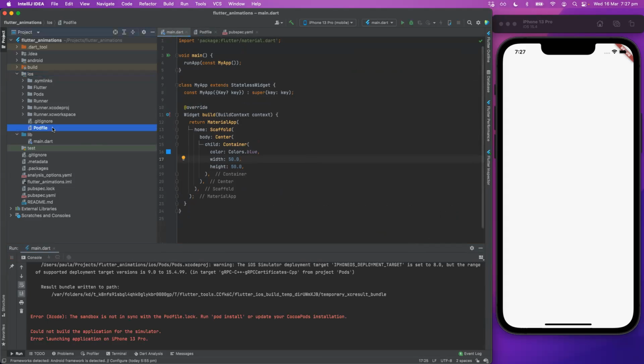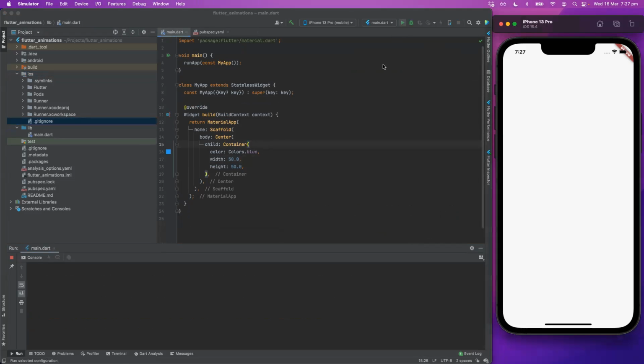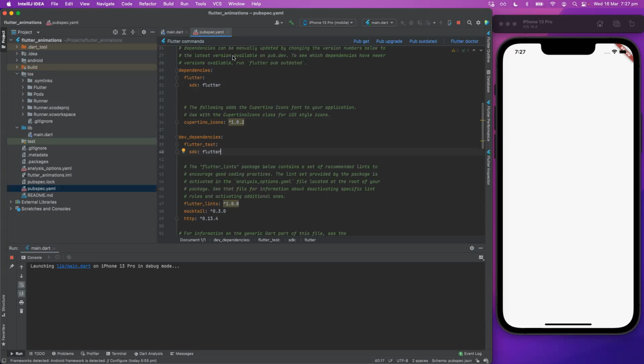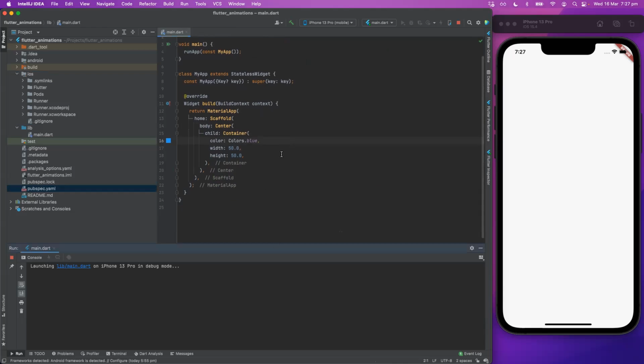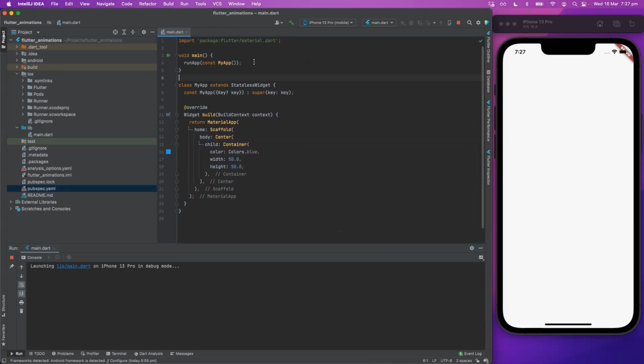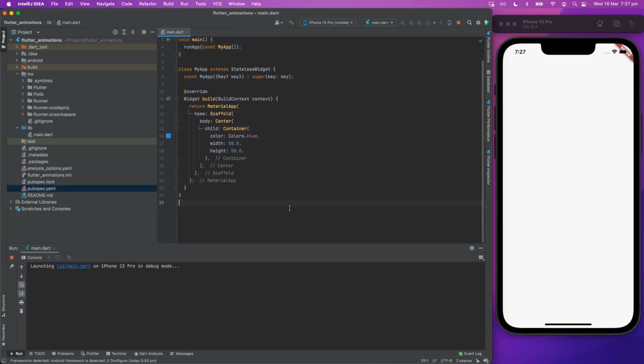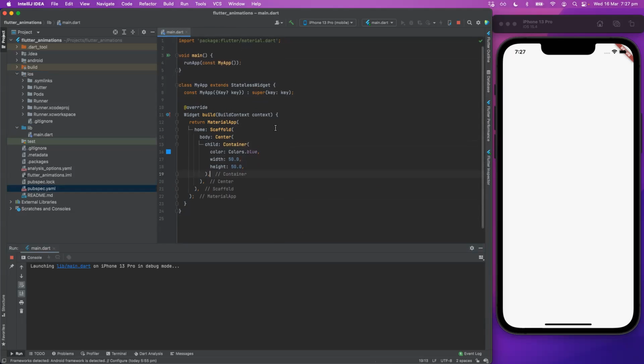Oh, come on. Okay, let me remove it completely and let's try again. Yeah, if that won't work, I will just create a new project from scratch. But I wanted to avoid that because it should already be pre-compiled.